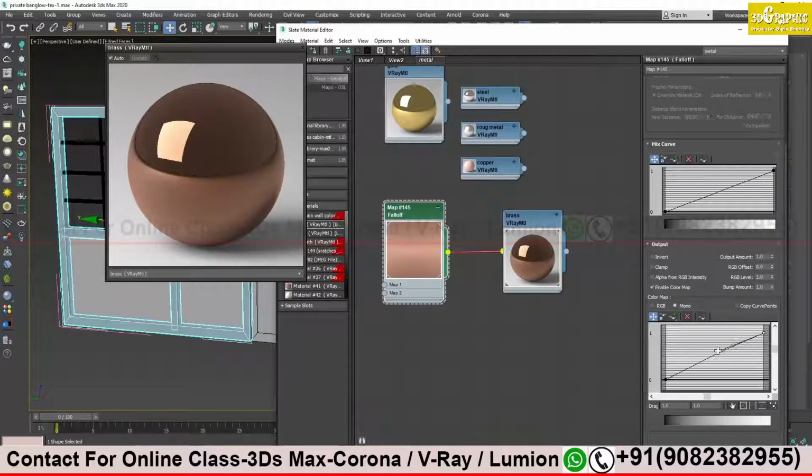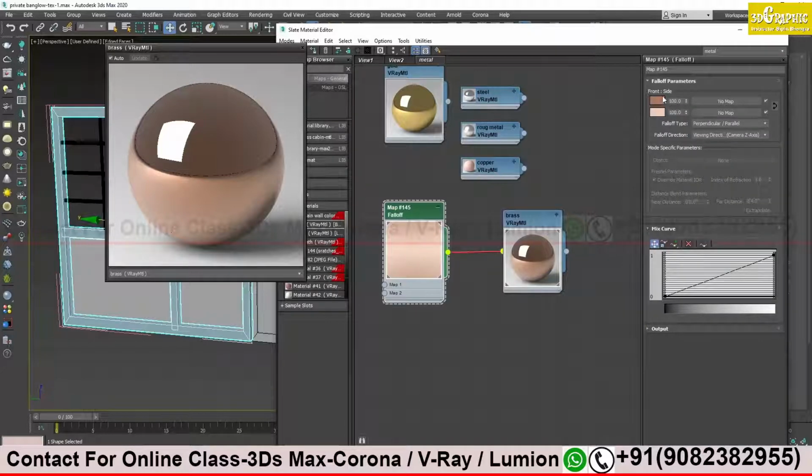You have to test and see which result you are getting, and accordingly you can make changes on this. Most of the cases you don't need to come down over here, just the top portion you need to change the color, and changing the falloff type will work very fine. If you want to go more advanced, if clients say they want this to be brighter, darker, the shade should be something like XYZ, then you have to come to the mix curve and apply those settings over there.